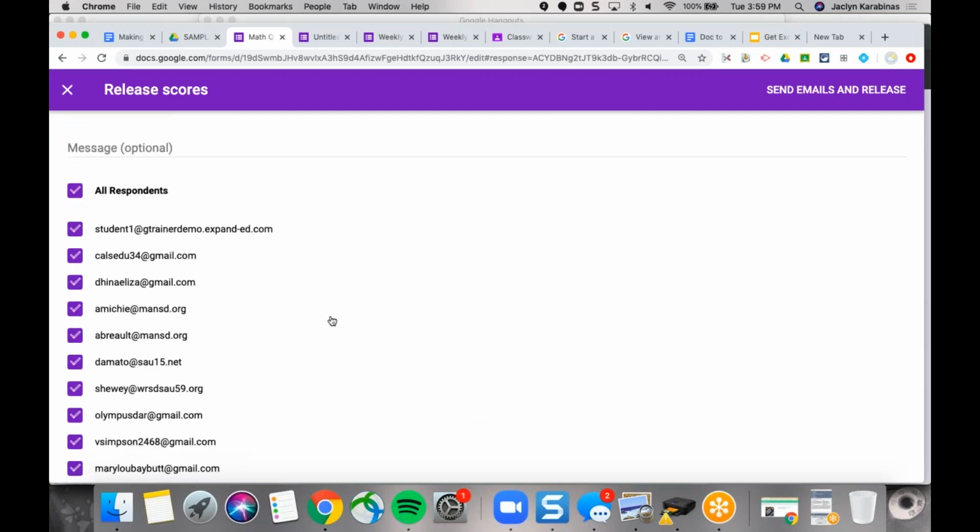That might be a good way to go. Again, it's going to depend on your comfort level. You can add a message. And then it says send emails and release. If your students aren't using email, that's okay, because they are now going to be able to see this form